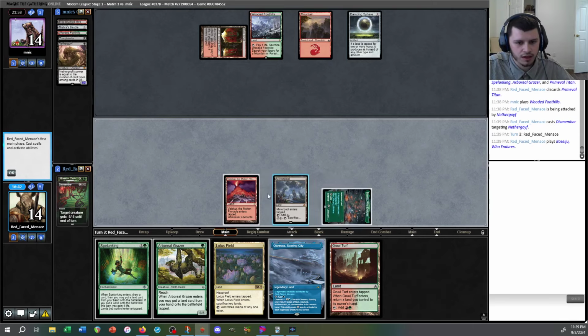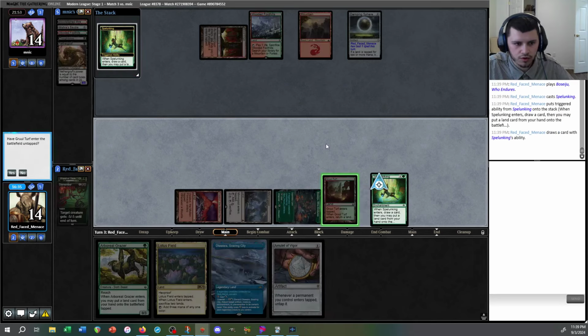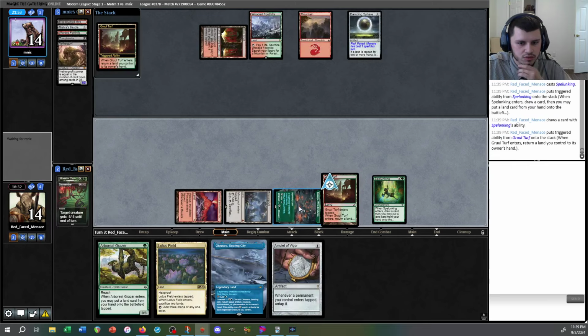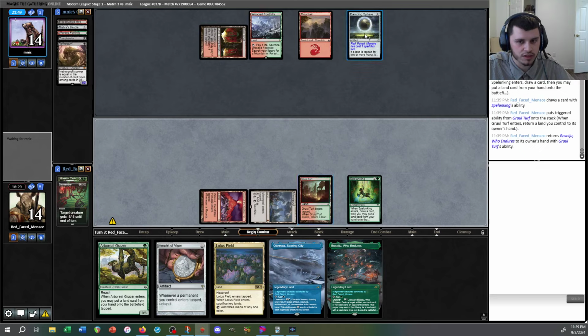So now we can play Spelunking and then pick up the Boseiju with the Gruul Turf after we put it into play. Yep, we'll put in the Gruul Turf, say yes, and pick up the Boseiju. We can't play the Amulet because this taps for colorless only thanks to Damping Sphere, and Amulet costs 1 more thanks to Damping Sphere, so...